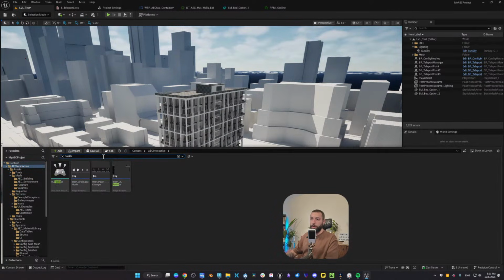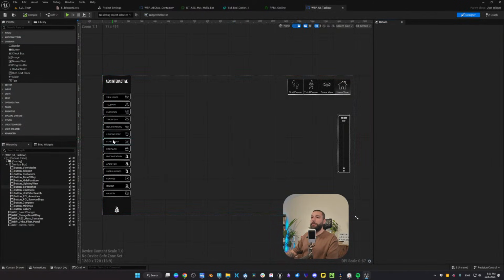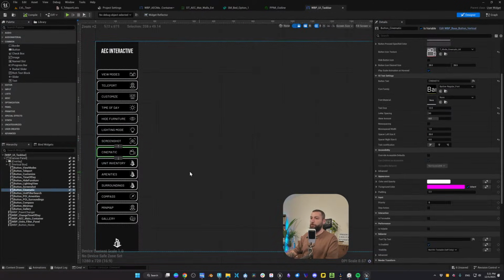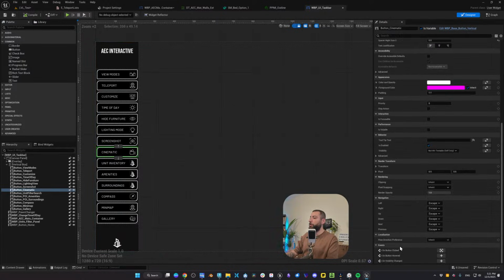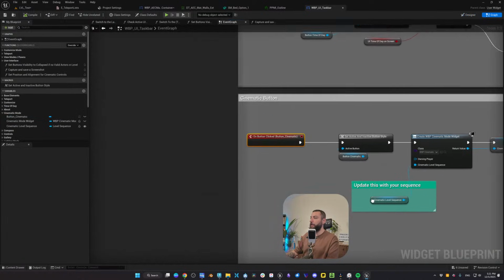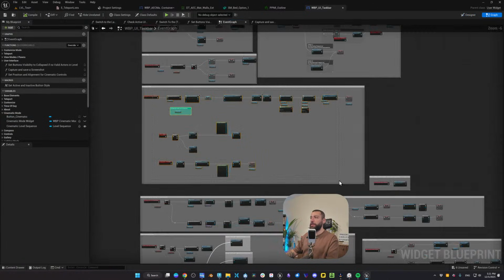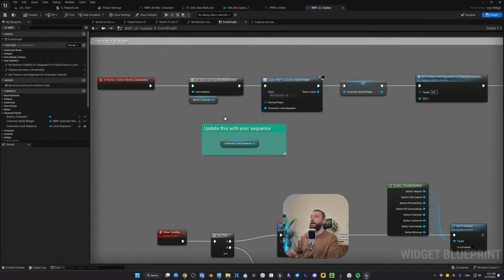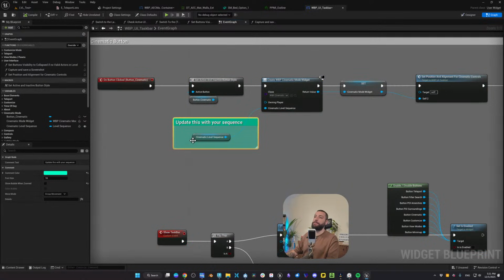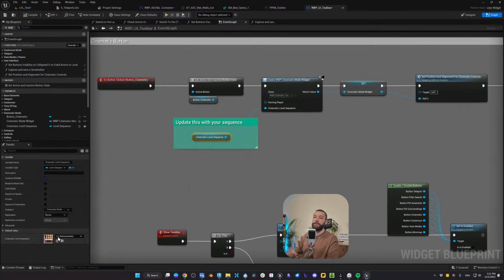So you can open the taskbar and click on the button you want, in this case cinematic, and then click on button clicked. This is the fastest way to find what it does. If you click here, you will find the logic, and here you will find this actor that says update this with your sequence. So select this and select any level sequence, and when you click on cinematic, it will simply play the cinematic you want to play.